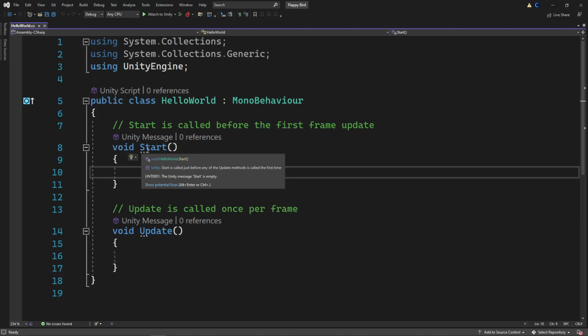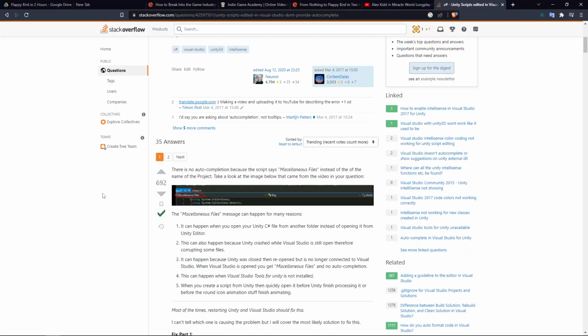from here there's literally a list right here of 5 different things that you can try. And so that's what I would really recommend. Literally just look up Visual Studio, Unity, integration, not working, and click on the first Stack Overflow link. There's going to be a lot of things for you to try. It could be any number of things. Sometimes it's silly like that. But we don't need that right away, right? So just do this exercise. Should be fine, right? For today it's fine. I would recommend setting that up for the future, but for today it's fine.